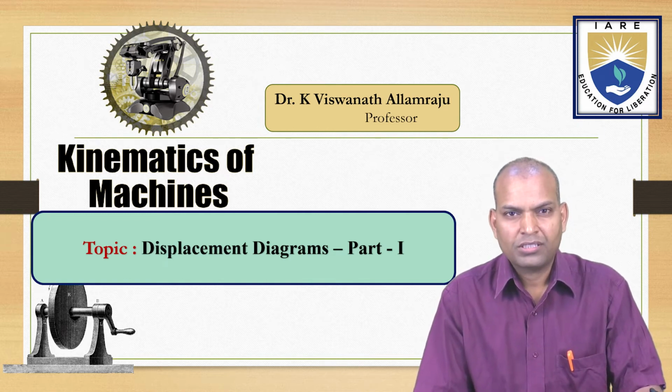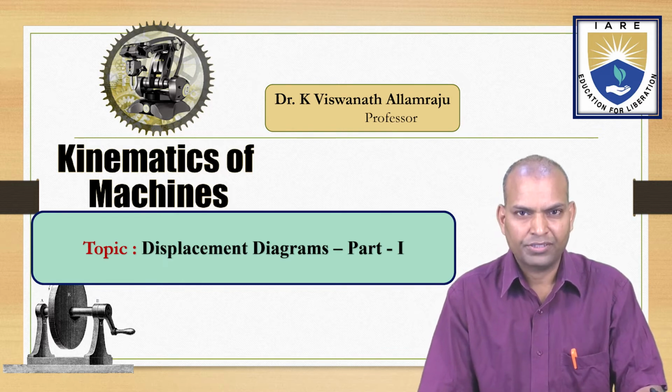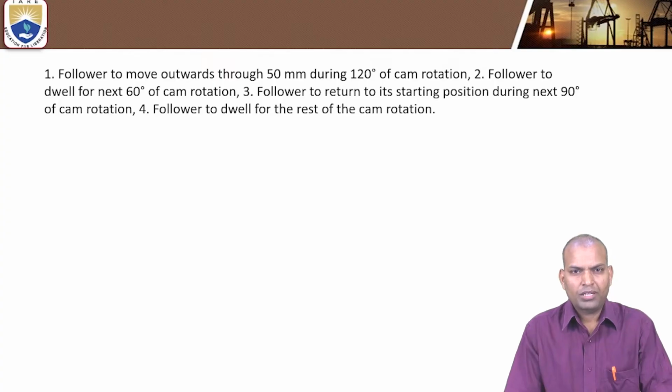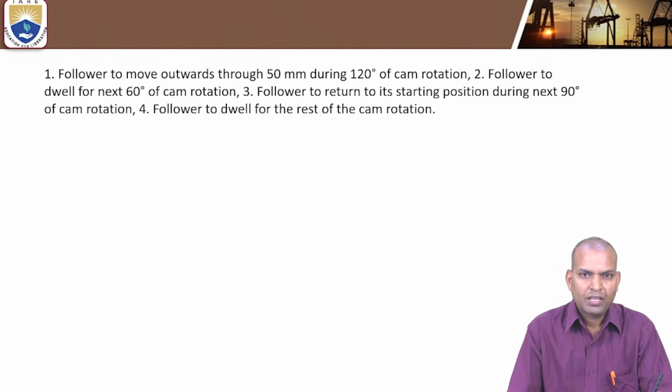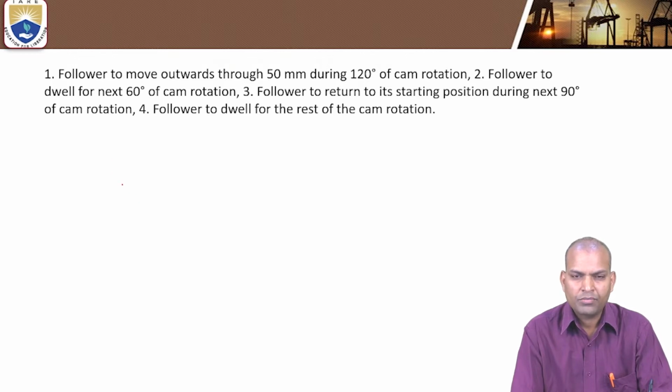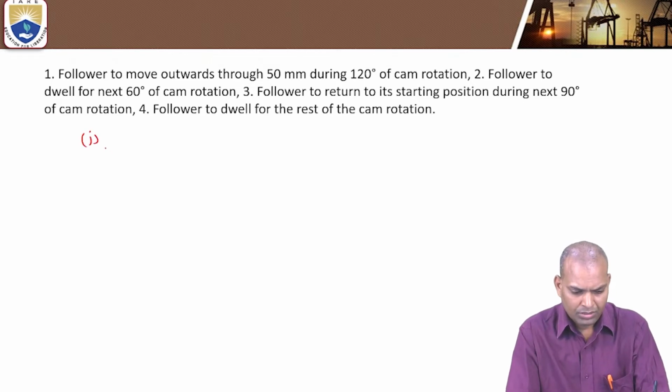Today we are going to discuss and study about the displacement diagrams of cam profiles. So there are various displacement diagrams in cam profiles, if the follower motion is uniform velocity, if the follower motion is uniform acceleration and retardation, and if the follower is having a motion of simple harmonic motion. So the types of motions of a follower are: number one, uniform velocity,